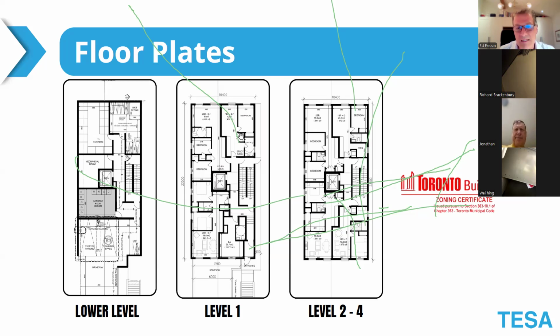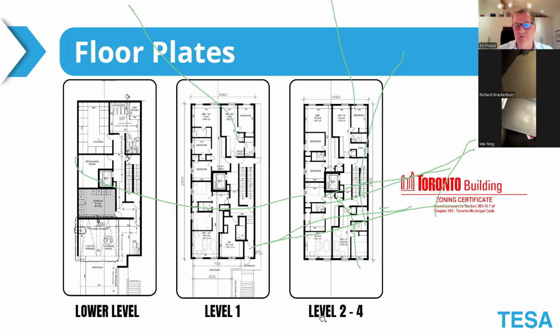On level 1, you're going to have a 1-bedroom at the, I can't read this, but levels 2 to 4 will be replicated. So level 2, level 3, level 4 will all have the same, whereas on level 1, it's going to have the front unit a little smaller because you're losing this space here for corridor space. Okay.